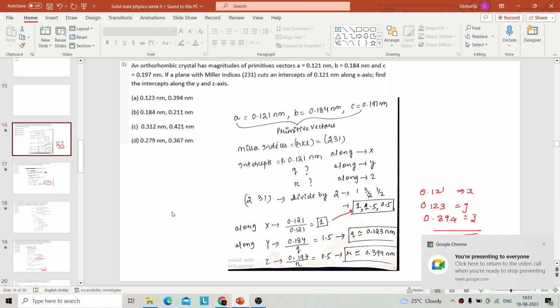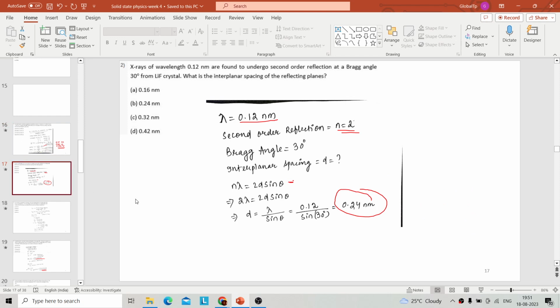These are the problems we have gone through today. Most of the problems are related to X-ray diffraction. If you see here, the first problem is finding the intercept for the x and y axes. All problems like finding the intercept, angle, and order of the reflection you can get from